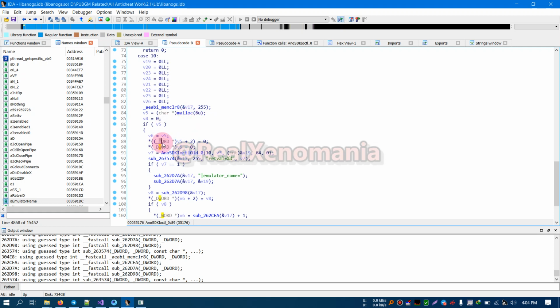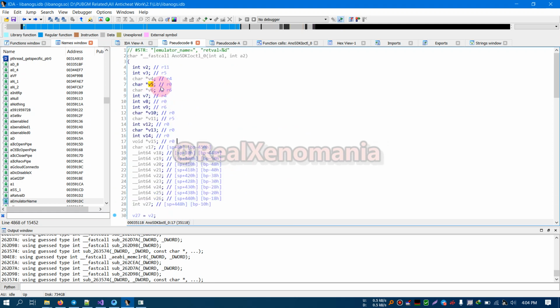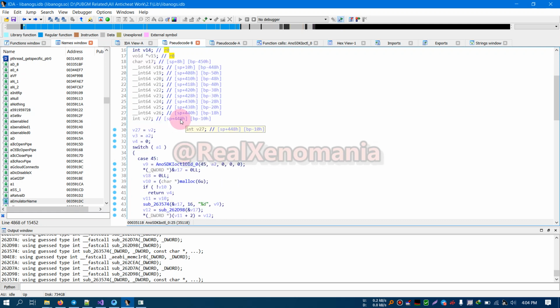And there are some dereferencing and changing of values on certain variables referenced by these variables v5, and we can see up that the v5 is r0, which is the first parameter passed to the function, which is a1. Okay, r0 is always the first parameter of a function call. So